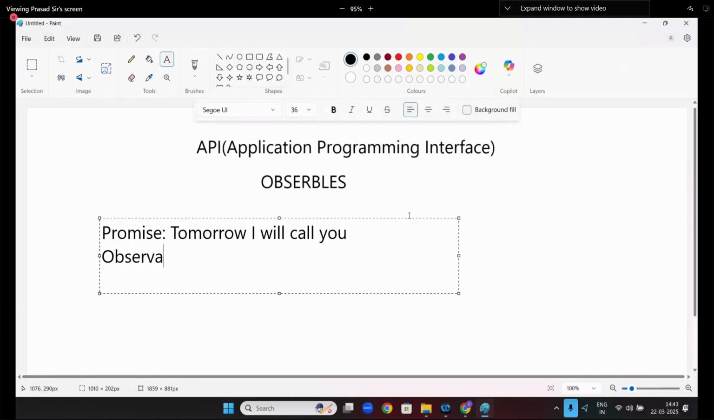But an observable will say, from tomorrow, every day I will call you. So basically, an observable is like multiple promises. One by one, it will run. So if I said from tomorrow onwards I will daily call you,